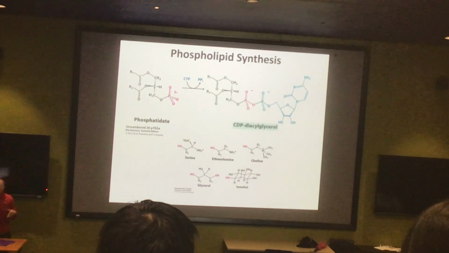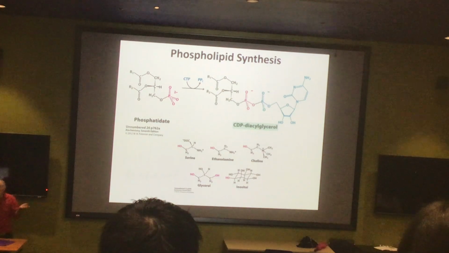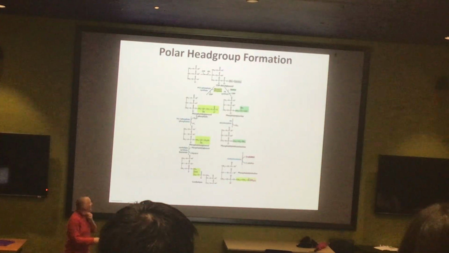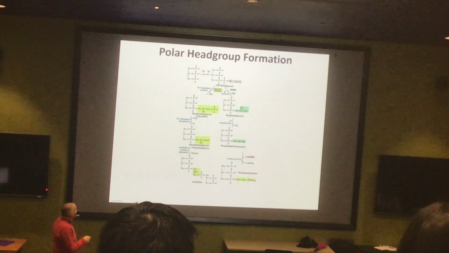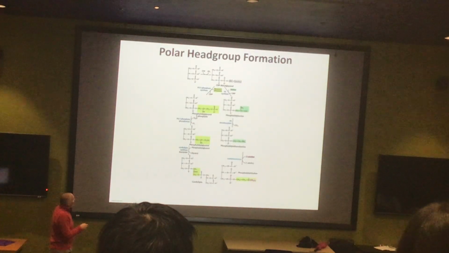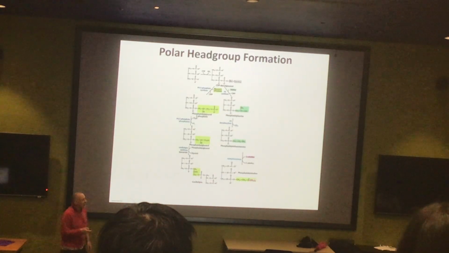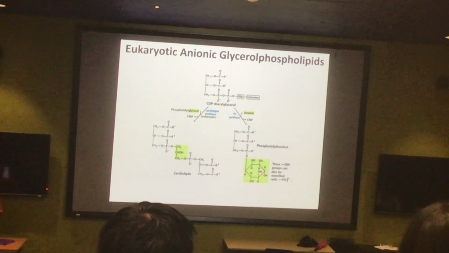They're not all done by a single enzyme, but rather specific enzymes will come in and convert the phosphatidate into the CDP diacylglycerol, and then have the serine attack and displace the CDP group. And so, not the best of slides, but you can see examples of this particular strategy laid out for you, right? So first activate, then bring in a hydroxyl-containing group, displace it. Occasionally, additional chemistry will happen after that, so methyl groups can get added, oxidations or reductions can happen to modify those head groups, but that's the basic strategy.